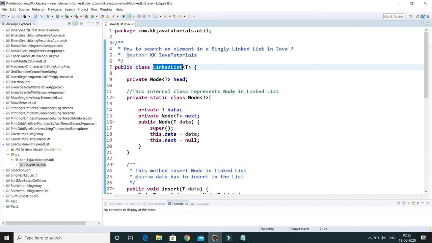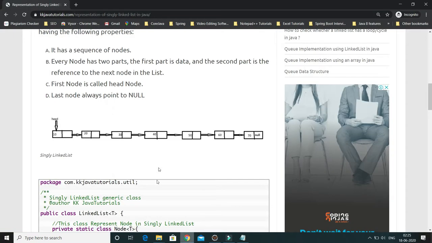Here the idea is very simple. Let's say this is the singly linked list representation. In a singly linked list, head always points to the first node in the list, and the last node always points to the null reference. First of all we have to check if head is null, then that is an empty linked list.